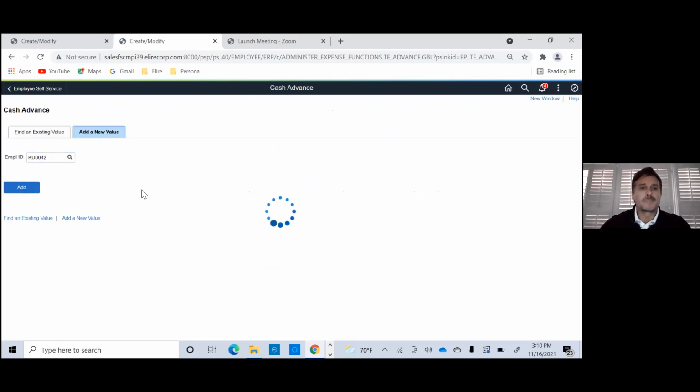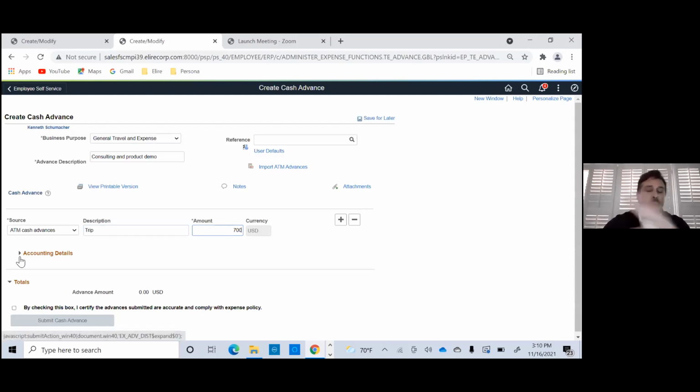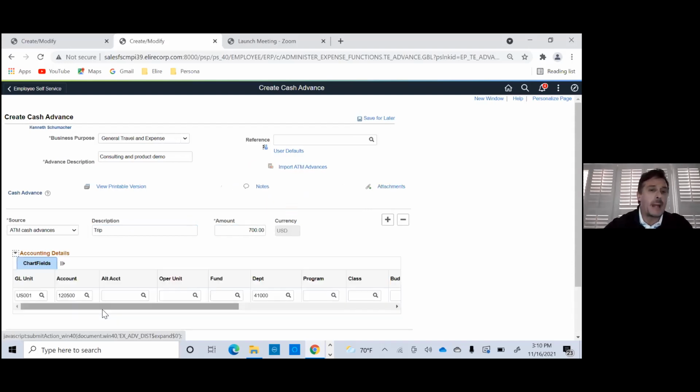All right. So I'm going to create a quick one. I'm going to say this is going to be a cash advance. This is going to be for a trip. I'm going to say I need $700. Okay. And once I do that, now PeopleSoft has added, Oracle has added now the ability to add your accounting